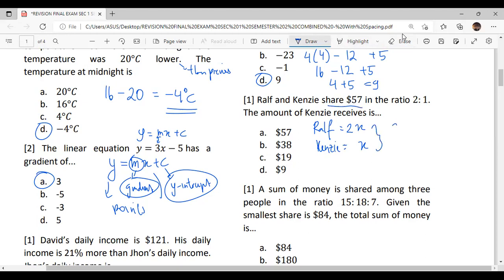So add up 2x plus x equals 57, right? And then 3x equals 57. You divide the 57 by 3 to get the value of x. So it is $19. The question is the amount of Kenzie received. Kenzie is x, right? So the 19 itself. But if I ask the amount of Ralph received, 2 times x, right? 2x means 2 times 19. That is the way you do. Next,